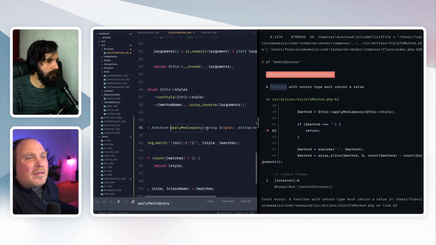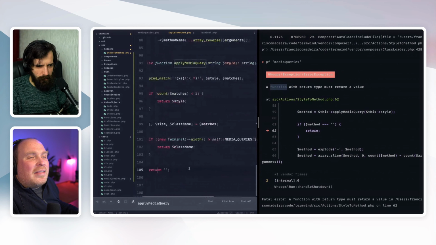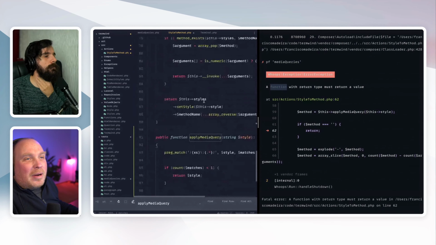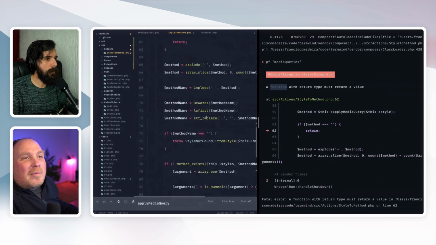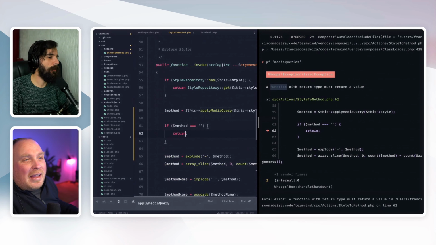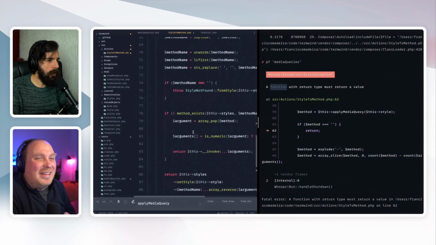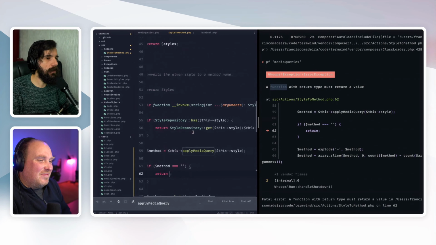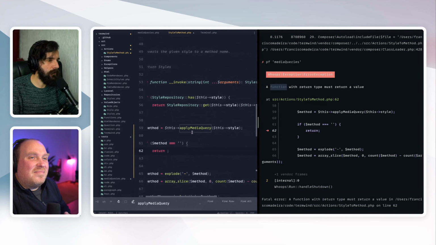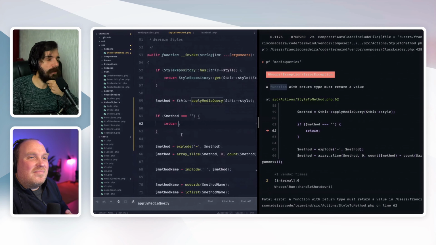Okay, so it does return an empty string. No, I think if you go one up, back to where you added that, on line 62, you're not returning anything. Okay, but the function should return something. That's right. It's that one. So in this case here, we need to return something. That's right. So what I would say in this case, we need to ignore it